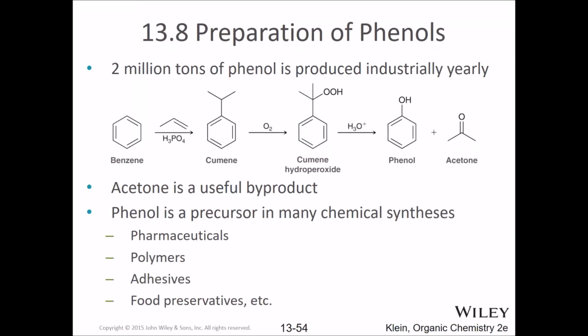Okay, so this section has all of one slide to it. And so there's something very simple that we're going to do here. We are going to describe how to take benzene and make phenol with it. You're going to have to know a couple steps. Number one, that you've got